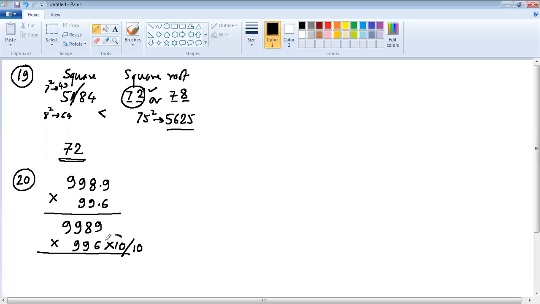Now if you apply this, the new problem will be 9989 times 9960. Now this becomes a perfect problem for the multiplication base method, less than the base. The base here is 10,000, 4 zeros. All from 9, last from 10. 9 minus 8 is 1. Last from 10. 10 minus 9 is 1.